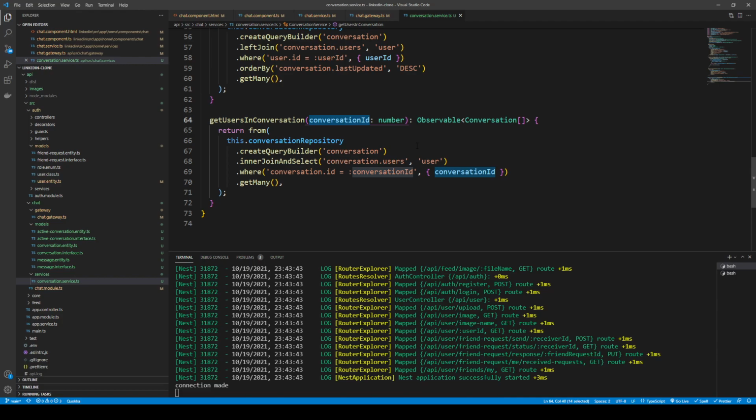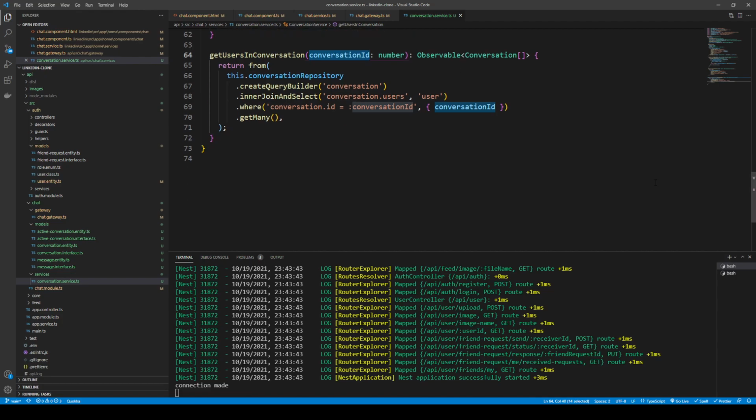You've created a conversation. For that conversation, you pass the ID of it in, and then you get the users back in that conversation. So now we have that. We can have get conversations with users,